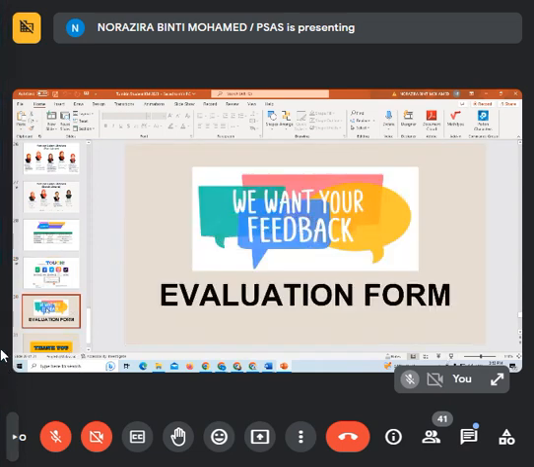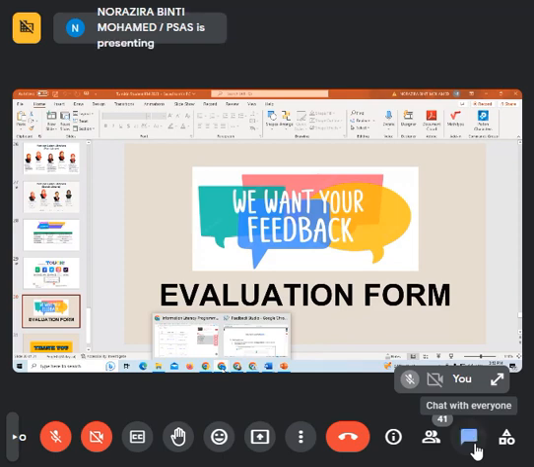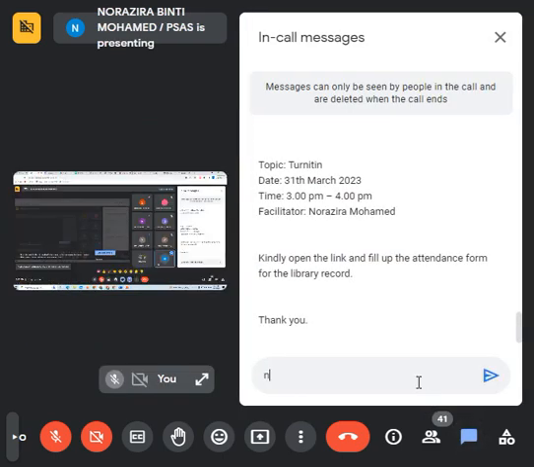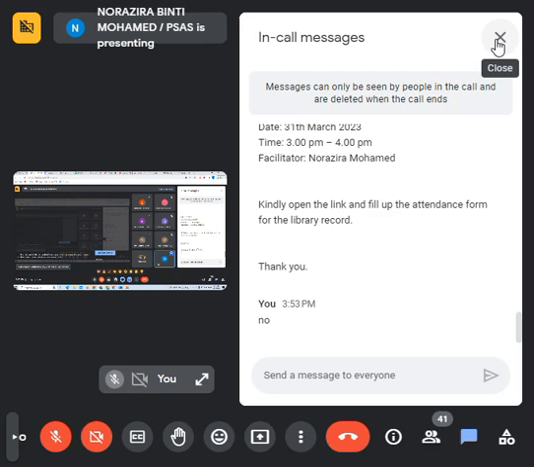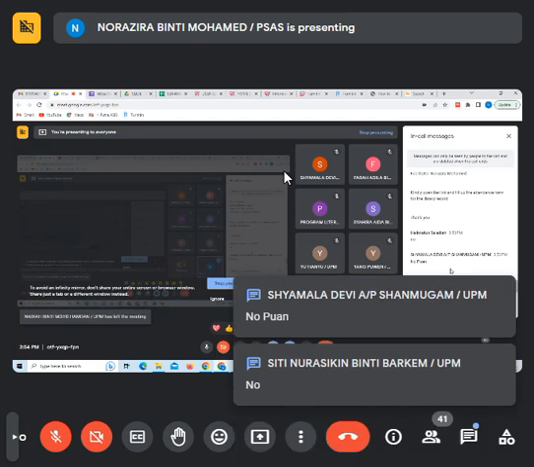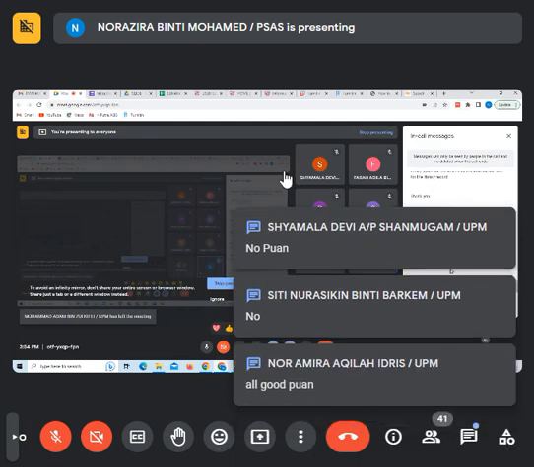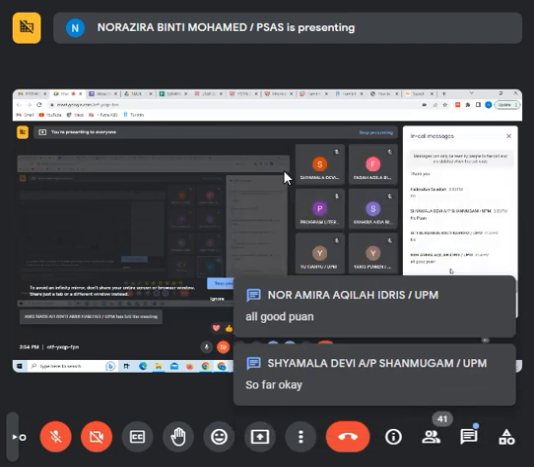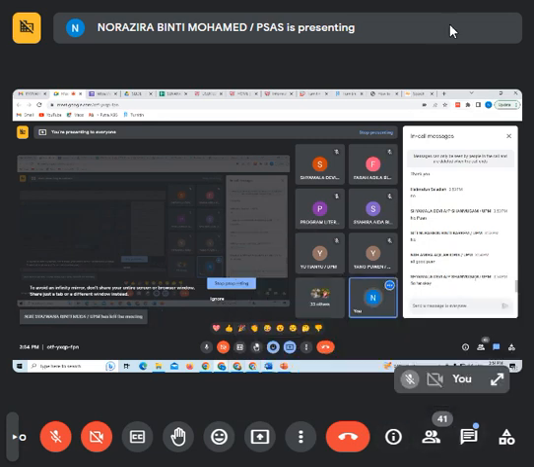And for the last one, the evaluation form. Before we go to this evaluation form, does anyone have any questions regarding Turnitin? Can I have some feedback? Okay, no questions. I hope you already understand the function of Turnitin and know how to use it. If you already understand and know how to use it, then you